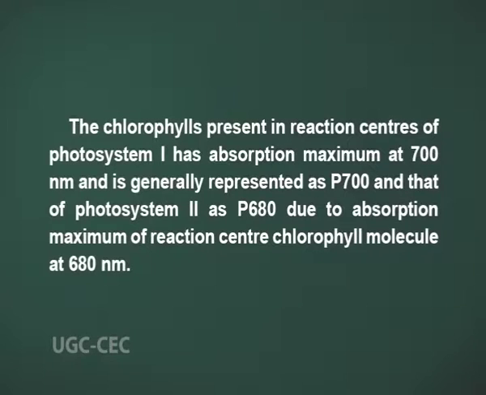Let us start with non-cyclic photophosphorylation. During the light reaction of photosynthesis, plants and algae use the two photosystems, that is photosystem 1 and photosystem 2, to produce both ATP and NADPH through flow of electrons. The chlorophyll present in the reaction center of photosystem 1 has absorption maximum at 700 nanometer and is generally represented as P700, and that of photosystem 2 has P680 due to absorption maximum of the reaction center chlorophyll molecule at 680